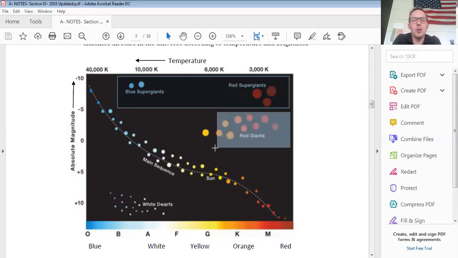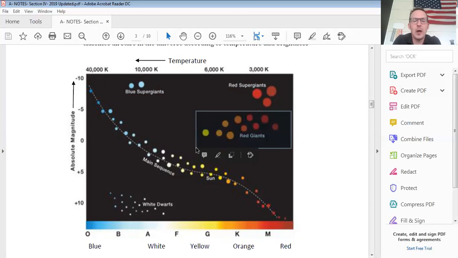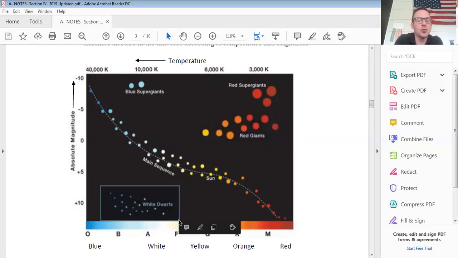Snuggled down below the red supergiants, we have a group called red giants. And we'll see in the next lecture, our own sun will become a red giant someday. They are also cool like red supergiants, but they're not quite as bright. Finally, the eventual ending state of our sun, which we'll talk about later, are white dwarfs. These are going to be very dim and very hot. So notice they are hot, they're over to the left of the diagram, but they're down at the bottom. And because they're so small, they're still going to be very, very dim. So these are hot, dim stars.